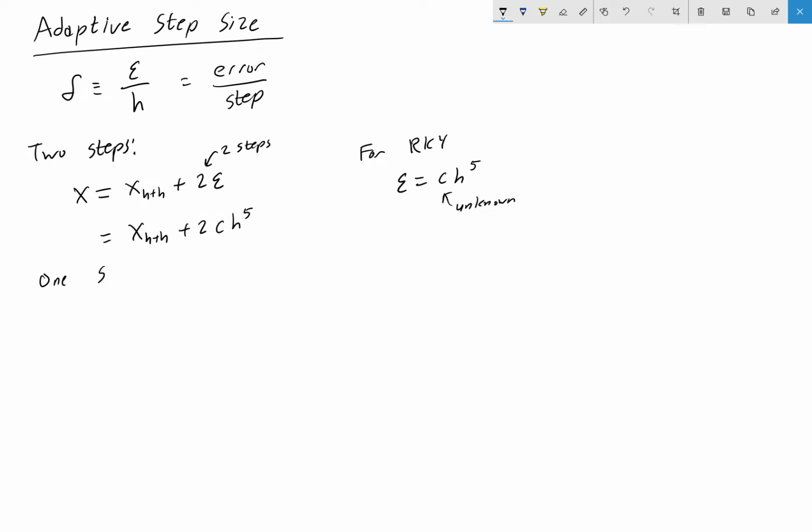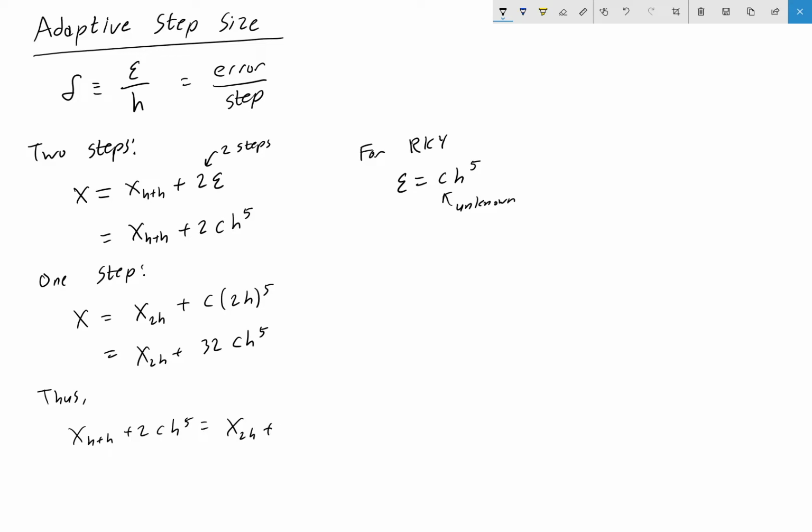Now, if we compare that to doing one step of the same total size, so this would be a step of size 2h, then compared to the true value, we have our numerical value, and then it's going to have some error term that's going to scale like c times 2h to the 5th. And if we multiply that out, I mean, 2 to the 5th is 32. So that's going to scale like 32 times ch to the 5th. Okay, so now what we can do is we can say x equals x. And if we set those two equal to each other on the left-hand side, we have 2 small steps plus 2ch to the 5th has to be equal to 1 double step plus 32 ch to the 5th,